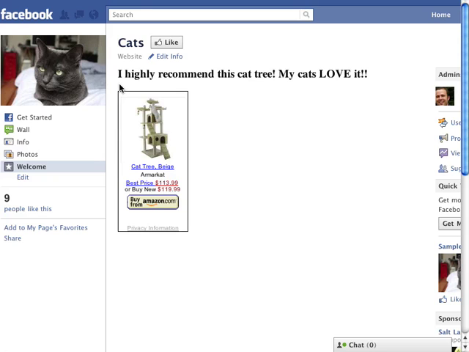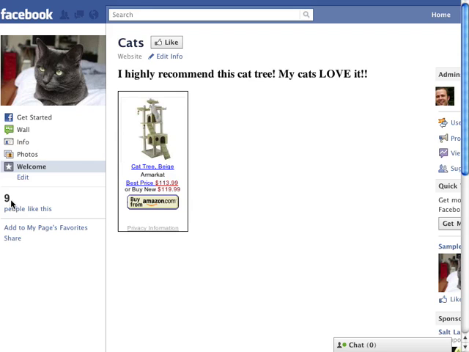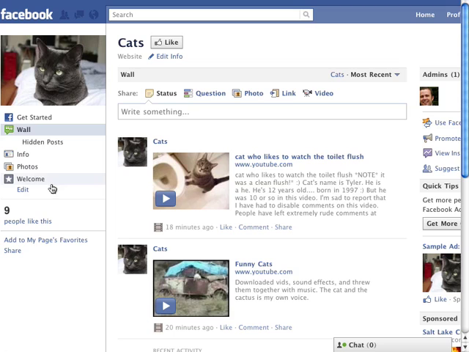And the cool thing is, let's say you get your fan base up to 1,000 likes and you still have these things running. Let's say you don't want to spend any more on advertising. You just pause your ads here in Facebook, and then you got your 1,000 people to promote to. So then you just come over to your wall and you've got completely free advertising. You could promote these cat trees in your wall over and over again. So with that being said, it'd be best to change the text on this welcome tab to something different, something that's going to get people to come from your wall back to your ads that are running on this welcome